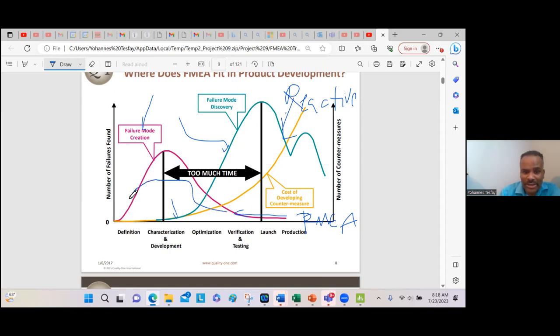Right here you have some costs, but after time, if you are reactive, your cost becomes very high, but if you are proactive, your cost becomes very low. This is definition, characterization, optimization, verification testing, launch and production. In production you reduce the risk by much, but without failure mode effect analysis